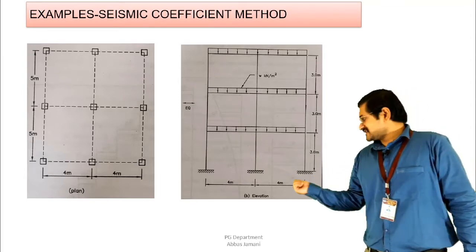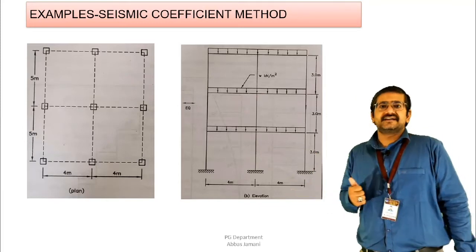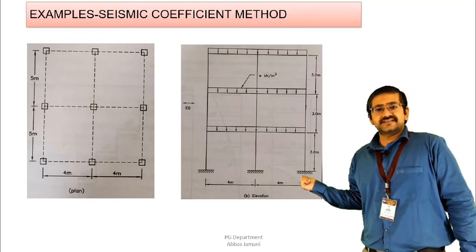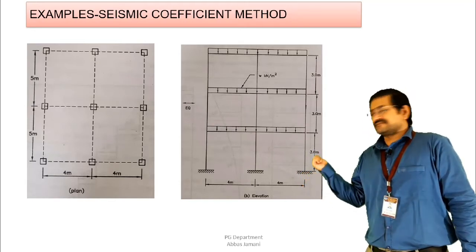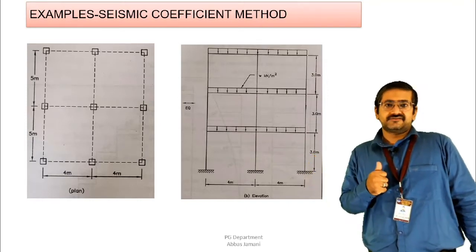So if you look at the figure, then the figure is showing that the plan area is 8 meters by 10 meters, that is the width of the building in x direction is 8 meters and the length of the building in the z direction is 10 meters, right? And along with that, the height of the building is shown as a G+2 building, where the height of each floor is 3 meters, right? So the elevation is also there, the plan is also there, right?